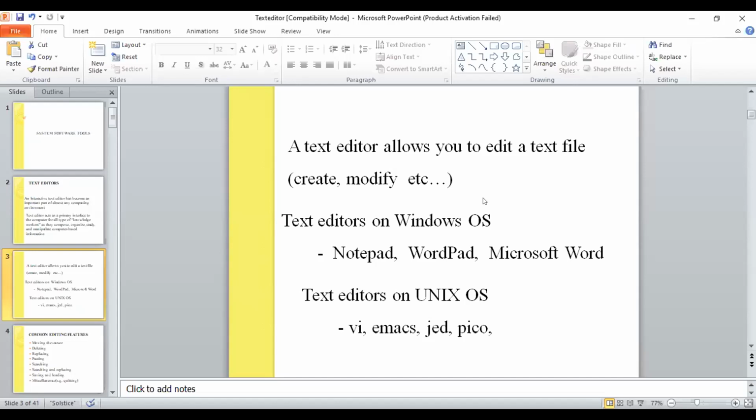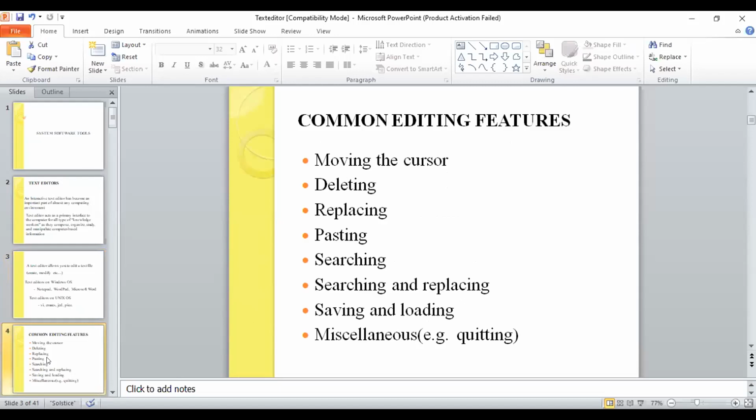So these are already some parts of your text editor. The common editing features we use in text editors are moving the cursor, deleting, replacing, pasting, searching, saving, loading, and many other things.